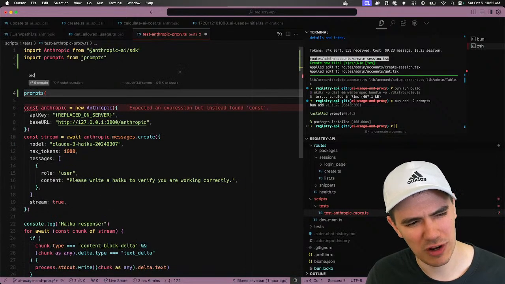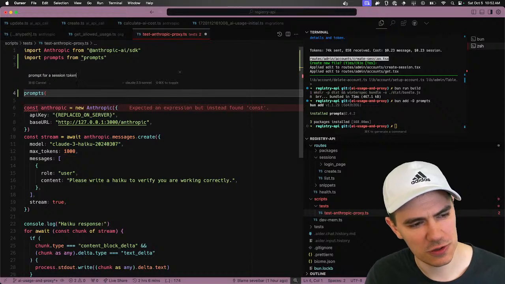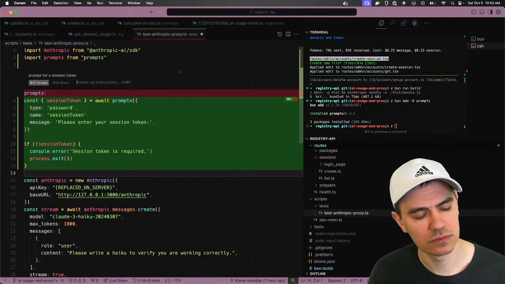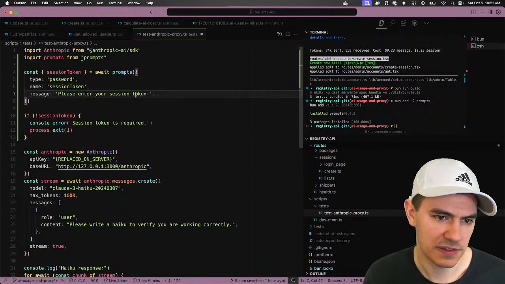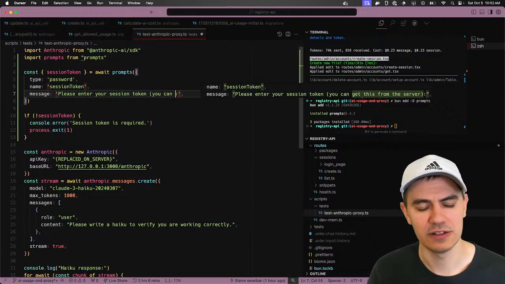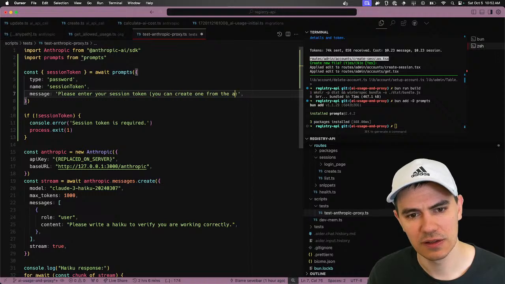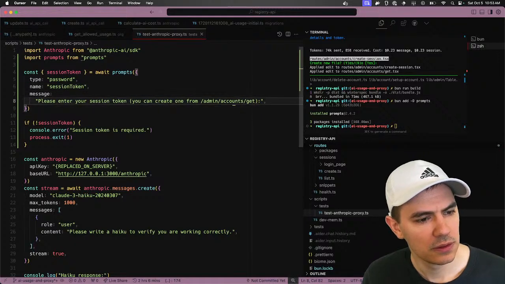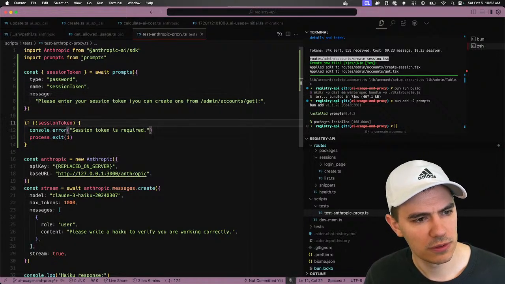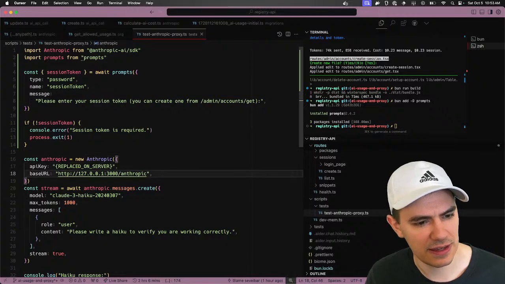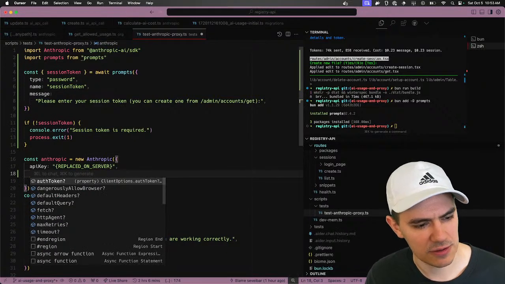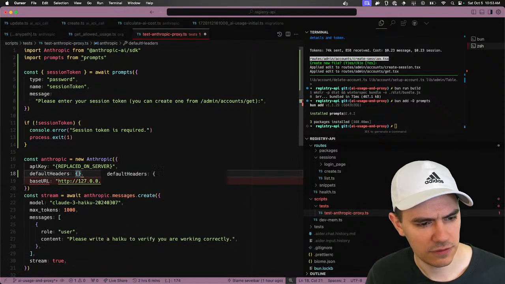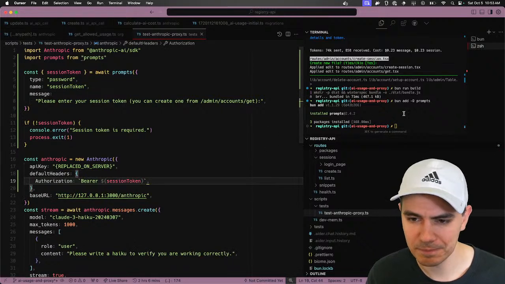I'm just gonna ask AI to prompt for a session token, and I'll say you can create one from /admin/account/get. Cool. So that'll let me paste it, and then we have to add custom headers here. Default headers. Yeah, there we go.